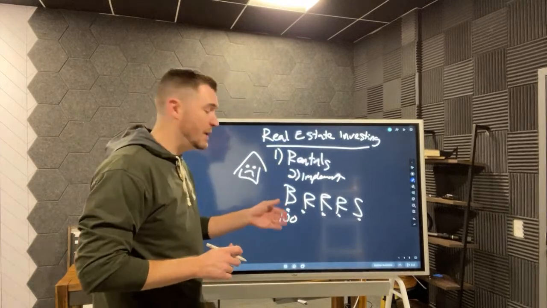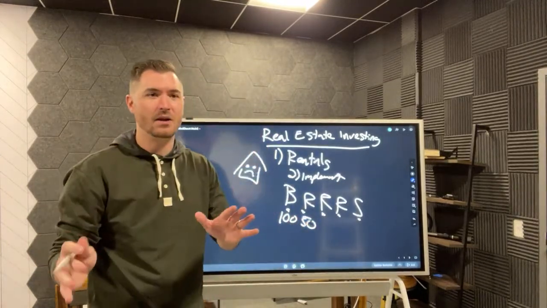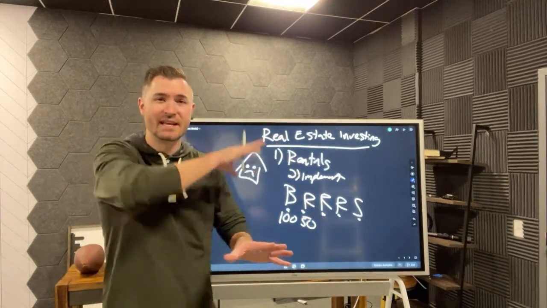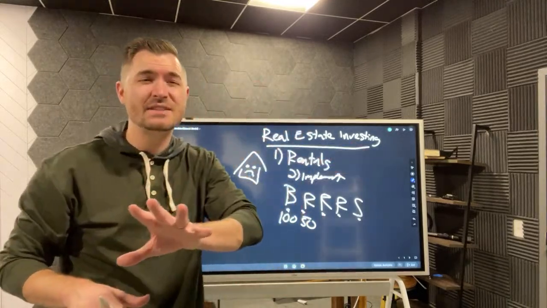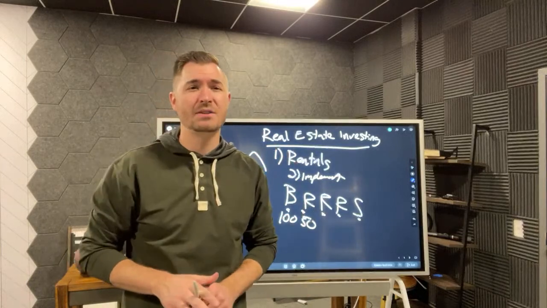So anyways, $100,000, and it needs $50,000 in repairs. I got it under contract. It's distressed for $100,000. It needs $50,000 in repair. And do not get caught up on the price point if you can't buy houses that cheap in your